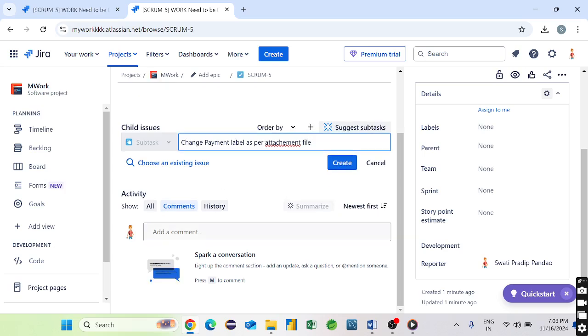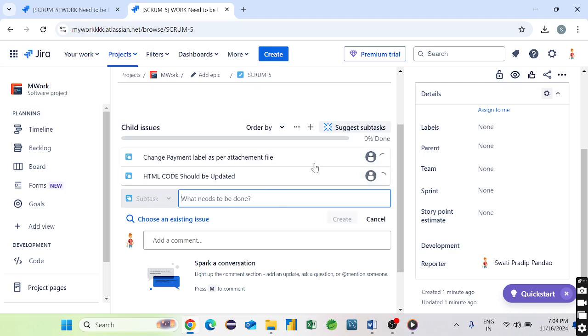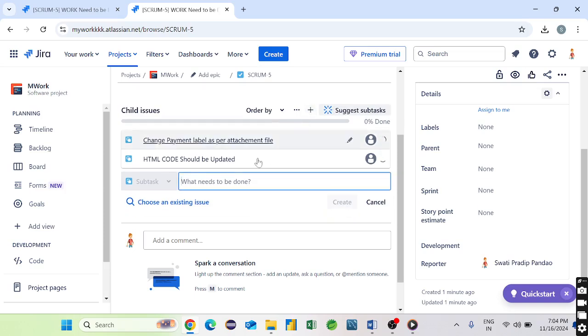So here we can also add files. So we have created one. Then again we can say the HTML code needs to be updated if required. Again we can create it for